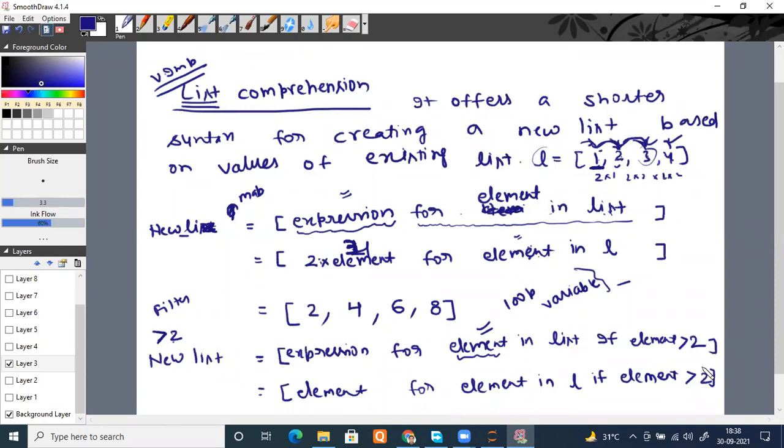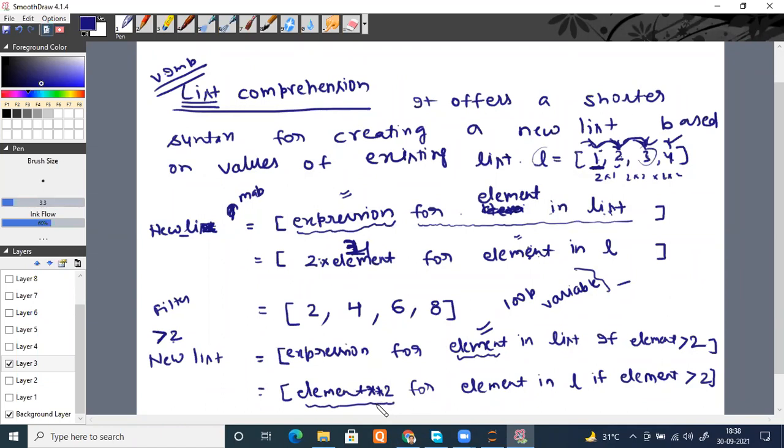I need the square of only those elements whose initial value is greater than 2. In that case, I have to square it because if this condition is satisfied, I want to square that element. Then I will put star star. I hope it makes sense.